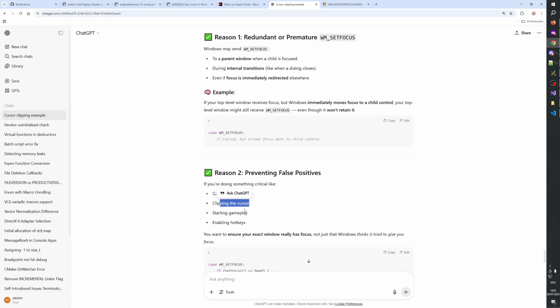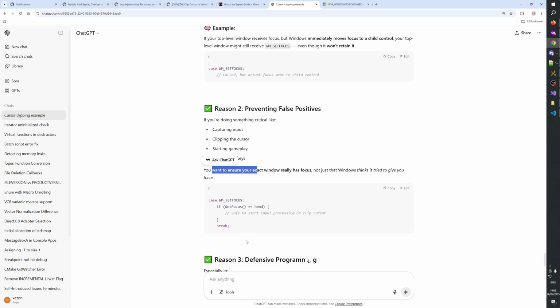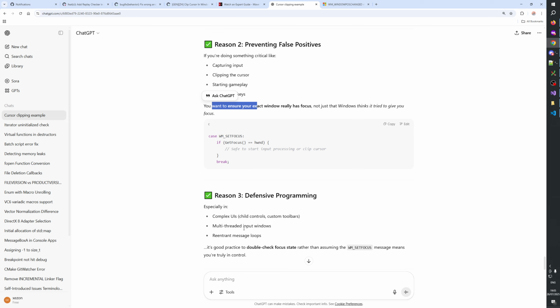Capturing input, clipping the cursor. You want to ensure your exact window really has focus, not just that the window thinks it tried.